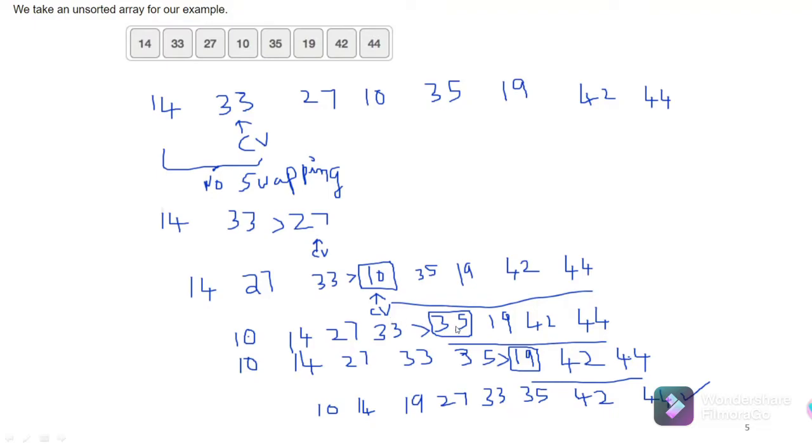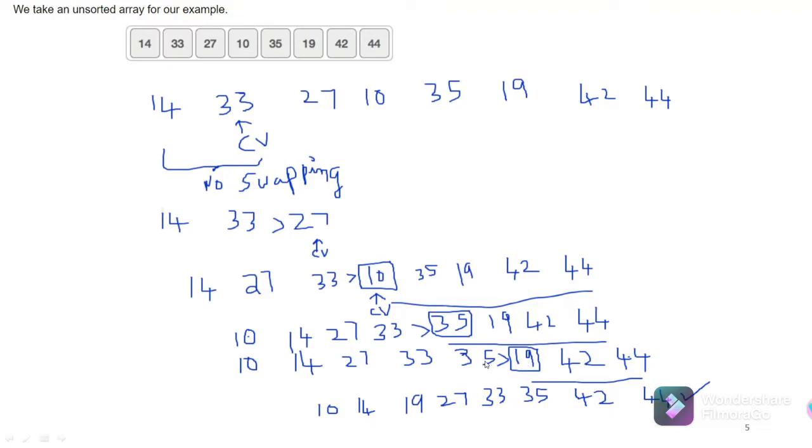In another pass, 35 is the key element. 35 is compared with its previous element 33. 33 is not greater than 35, so no swappings. We will move to another pass. There 19 is the key element, compared with its immediate previous element.